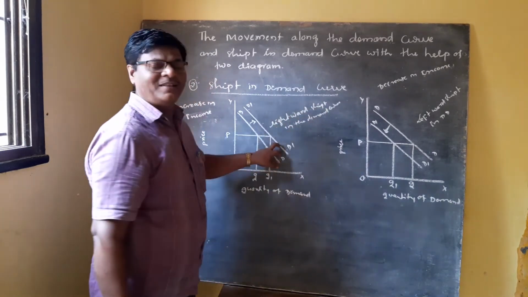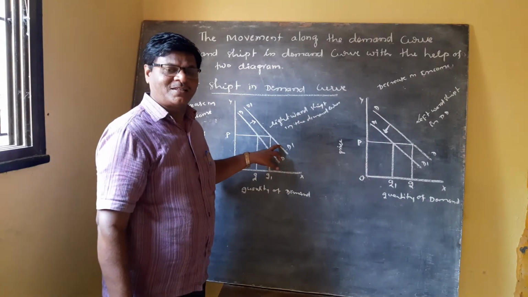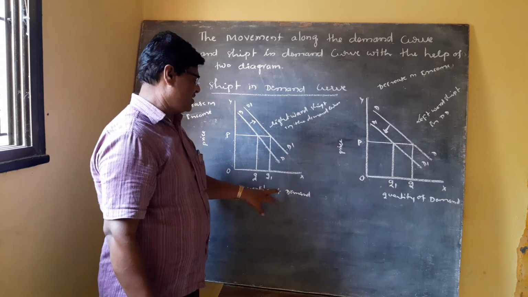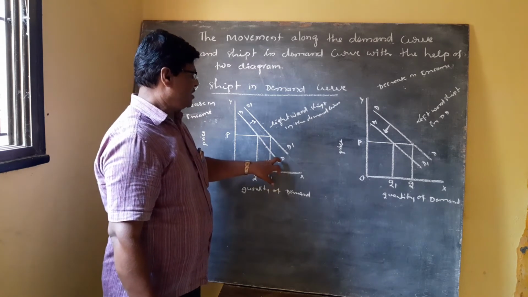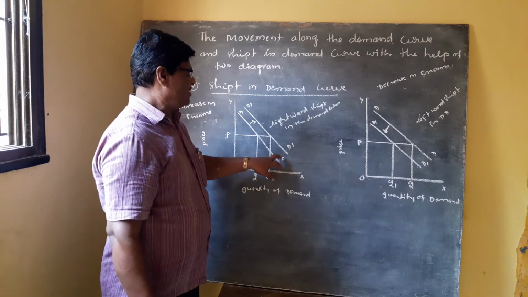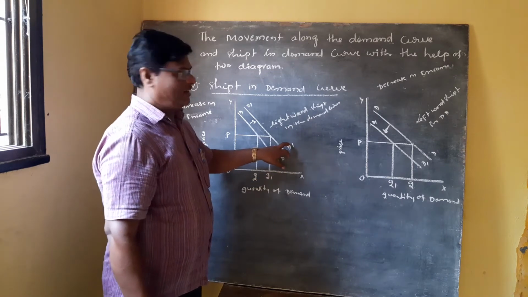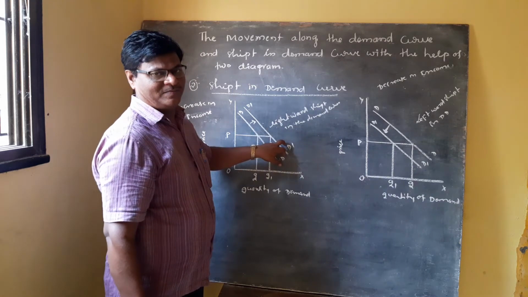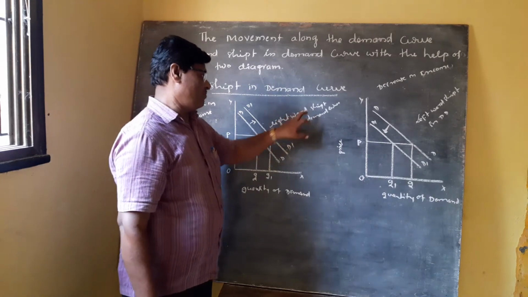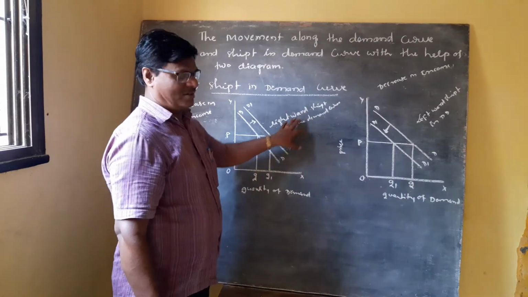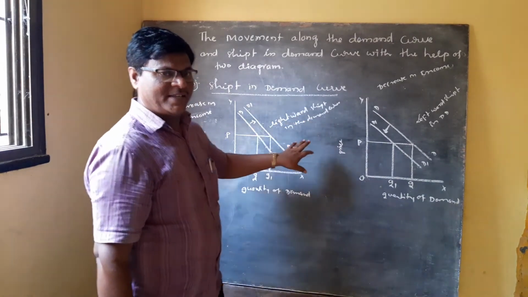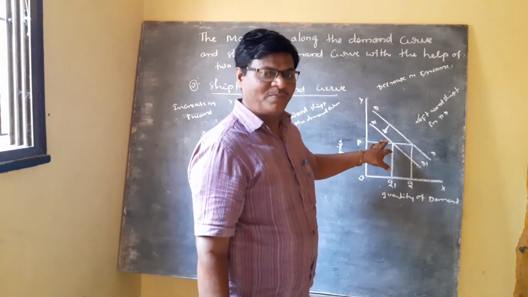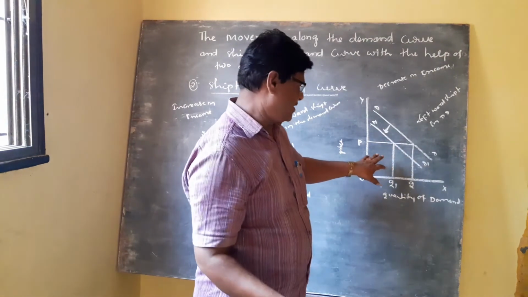As the income of the consumer increases, the quantity demanded increases. The demand curve shifts rightwards, meaning left to right, D to D1. It is an increase in demand. It is a rightward sloping demand curve. In case the income of the consumer is decreasing, the demand for the commodity also decreases.